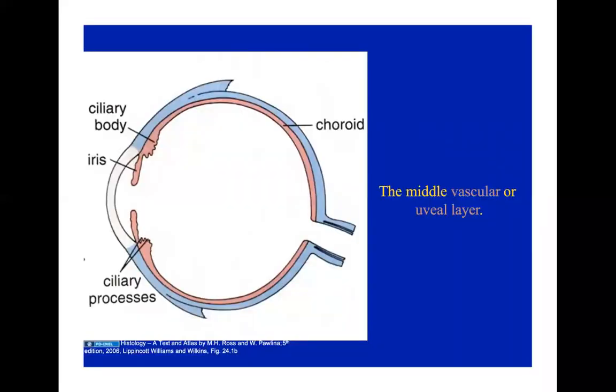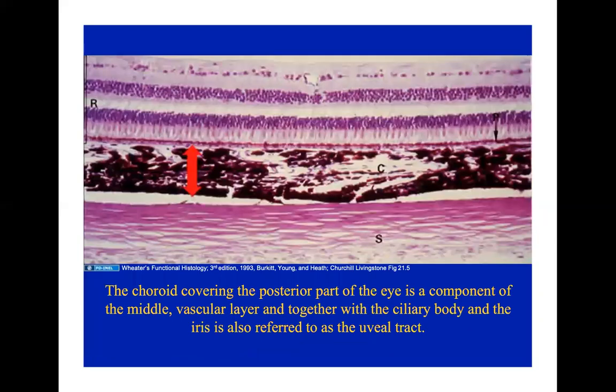Now, from the outer covering of the eyeballs, we go to the middle layer, the middle tunic or the vascular tunic, or this is also what we call as our uvea. So the middle layer, anteriorly, you have the iris, you have the ciliary body. Again, the ciliary body is where the ciliary muscles are embedded, and these here are your ciliary processes. Posteriorly, this iris and ciliary body is continuous as the choroid. So this one is called your uvea or the vascular tunic.